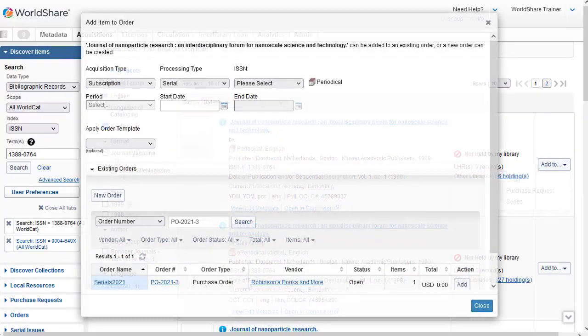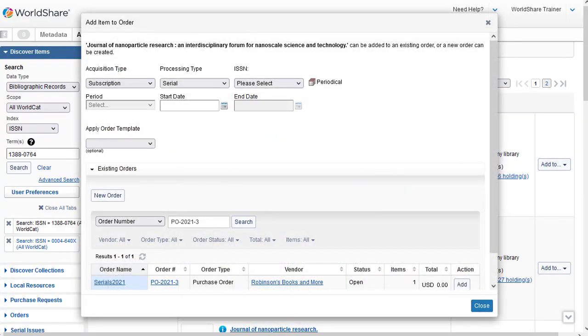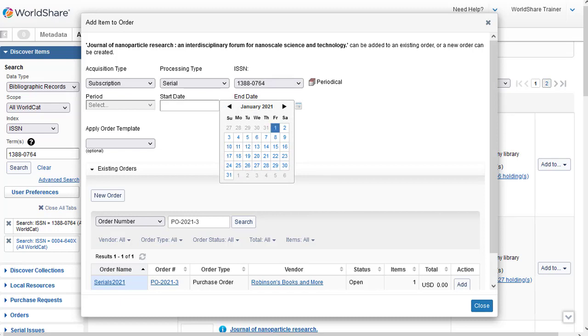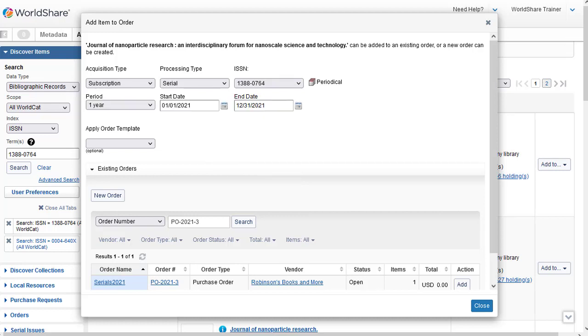On the Add Item to Order screen, I'll verify that the acquisitions type is set to subscription and the processing type is set to serial. Then I'll click the ISSN dropdown and I'll select the ISSN for the print that I used for my search. Next, I'll click the calendar widget next to the start date to set my subscription period. And I'll click January 1st, 2021 on the calendar. And then you can see that the end date is automatically populated for December 31st, 2021 for the default one-year